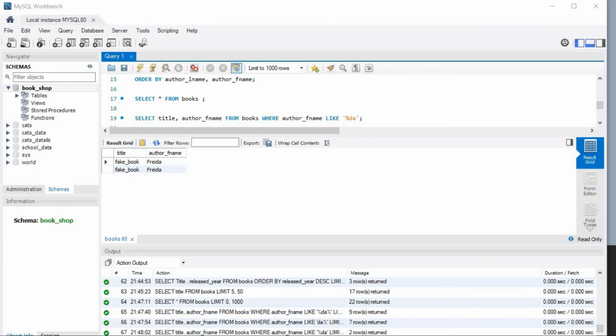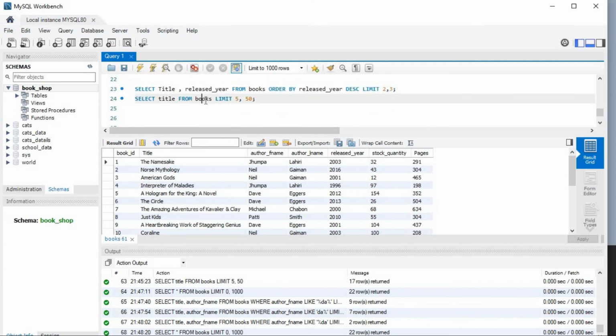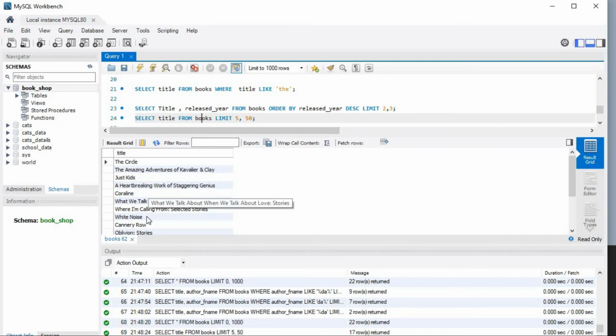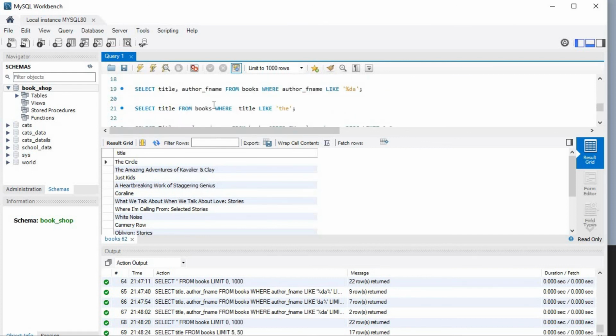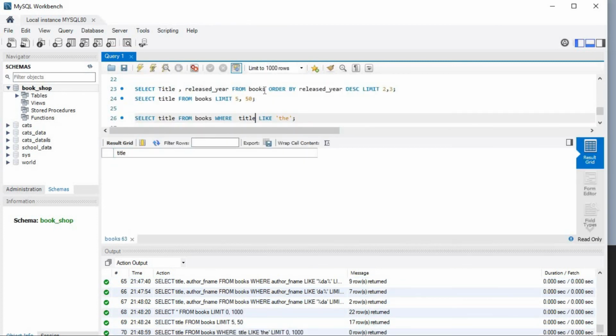And if you want to select the books which contain an exact thing, you can give the keyword "the". So in the books, I will show you, it will show the books wherever the title contains "the". The select star from books where the title contains "the". Now if you want to select the books where the title starts with "the",